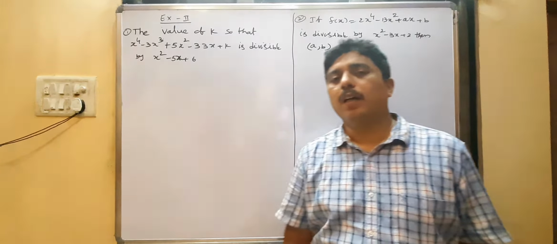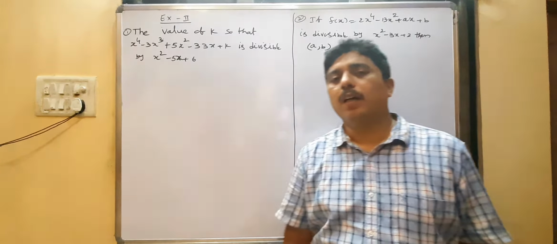Next, a note point. The three conditions for the roots of the equation, I already explained in the first exercise. Again I am giving the conditions. The roots of the equation ax cube plus bx square plus cx plus d. If the roots are in AP, then they satisfy the condition 2b cube plus 27a square d equal to 9abc. If this condition is satisfied, roots are in AP.